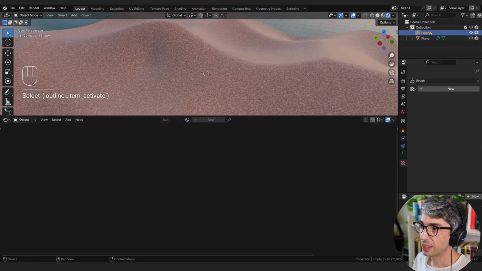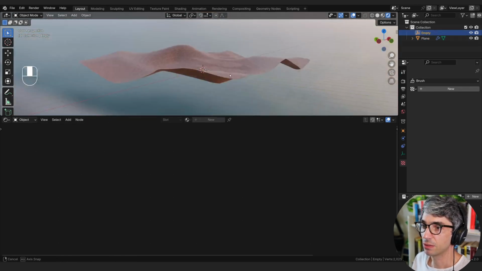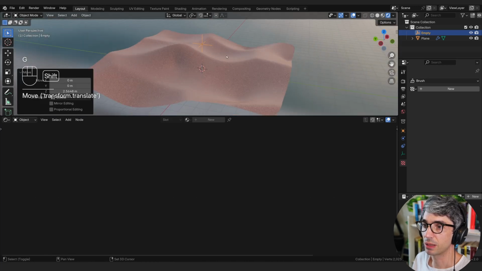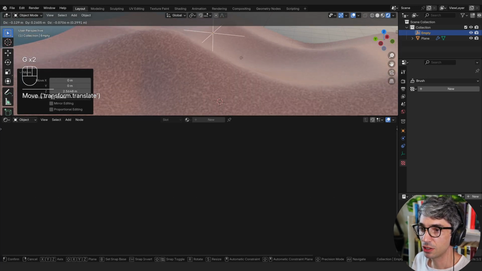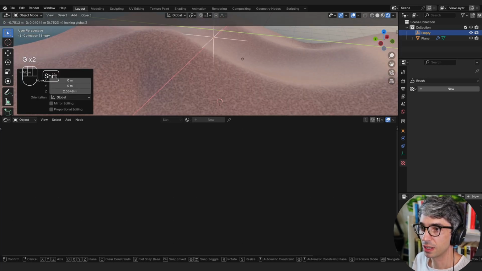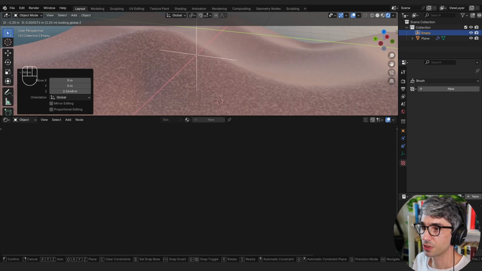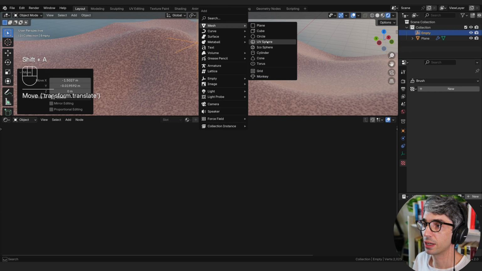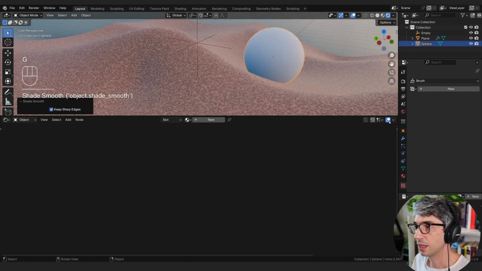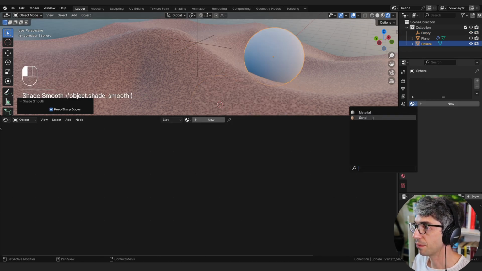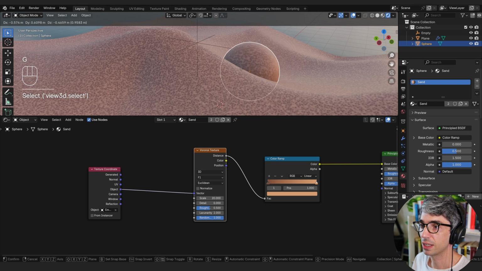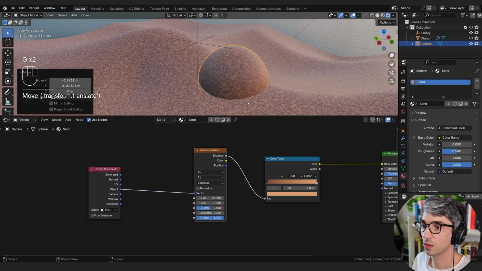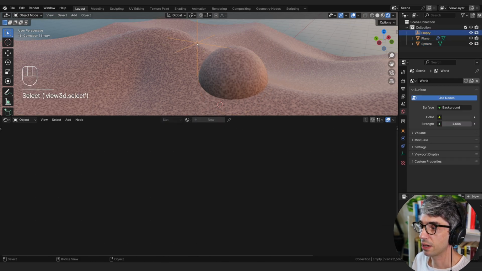What we've done is by setting this up, I can grab this empty, which is down here underneath my scene. I'll just bring it up so we can see it. And as you can see, wherever I move it, it's moving the texture across the surface. So this is really useful because now I can, for example, create a UV sphere and put the material on it. Okay, and now if I set this guy so that it's on the sand here,